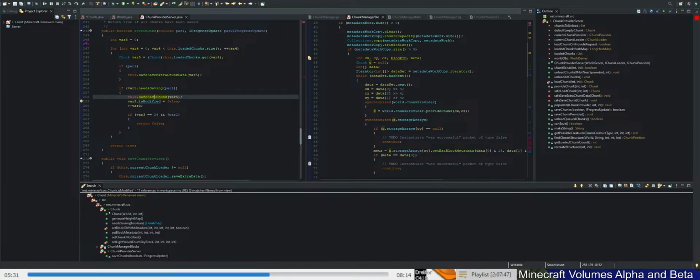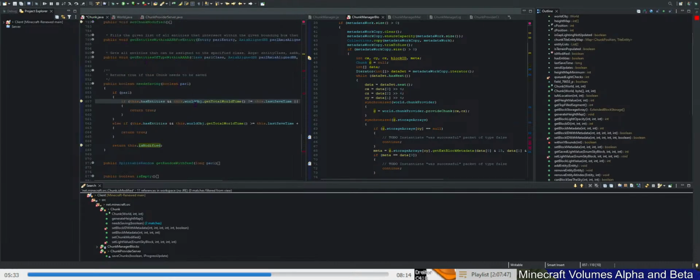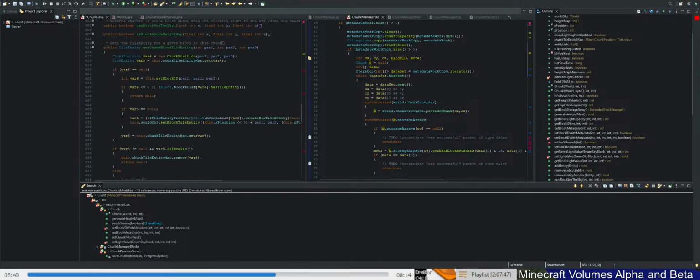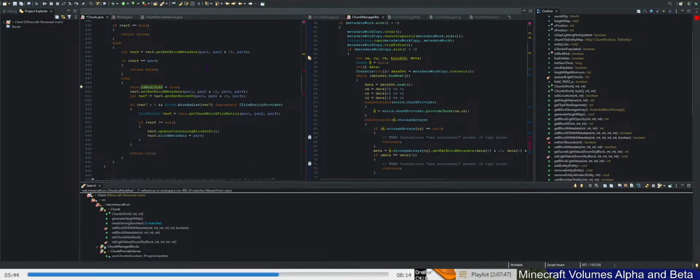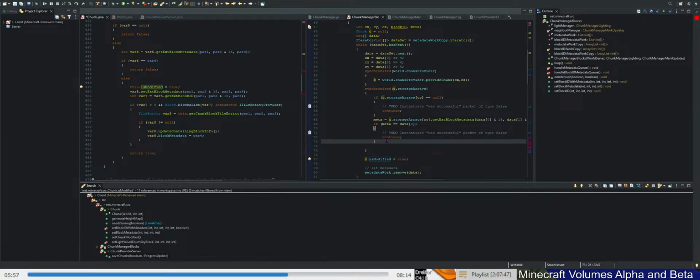But anyway, it should be fine after that, because the boolean is basically locked by other. So, alright, so